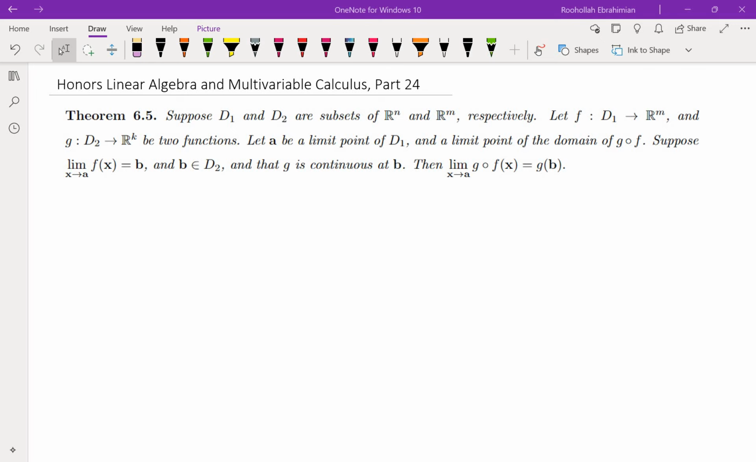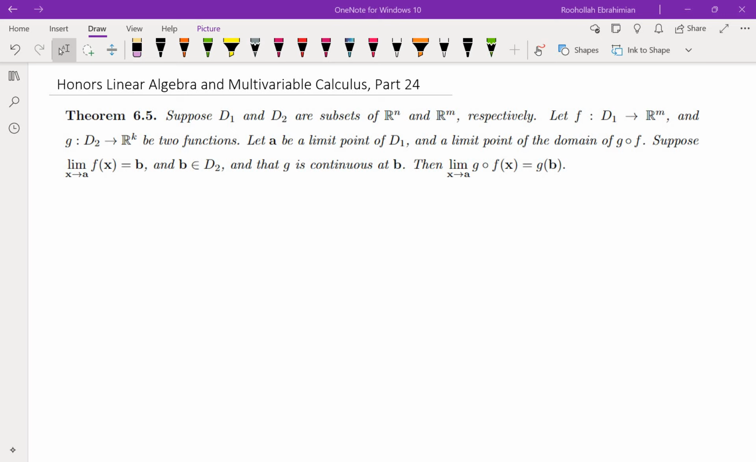Hello, in this video we're going to go over some other properties of limits and continuity. So here is the first theorem. Let D1 and D2 be subsets of Rn and Rm respectively. Let f from D1 to Rm and g from D2 to Rk be two functions. Let a be a limit point of D1 and a limit point of the domain of the composition. Suppose f of x approaches b and g is continuous at b, then the composition of these two functions approaches g